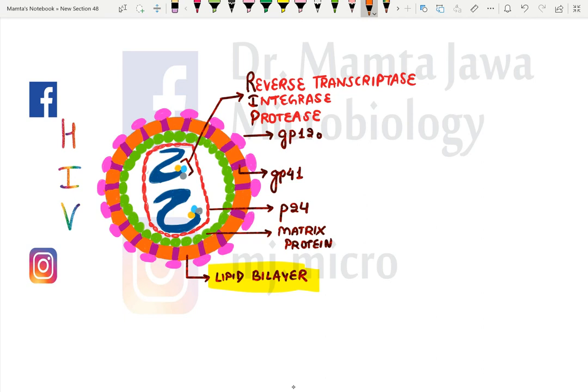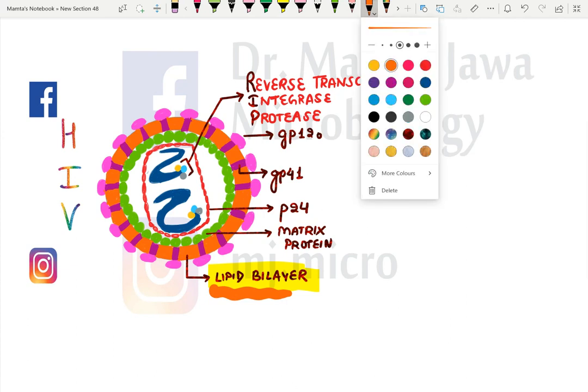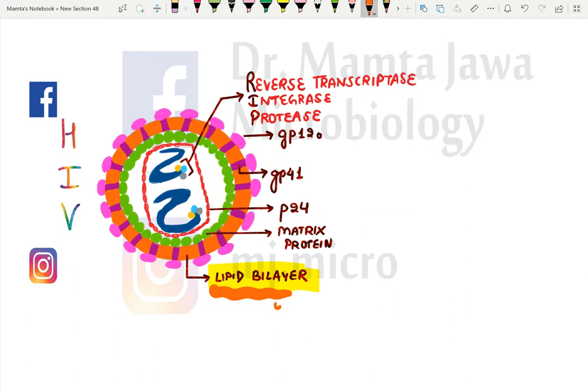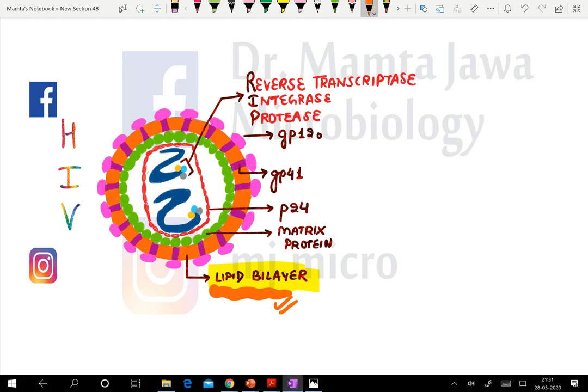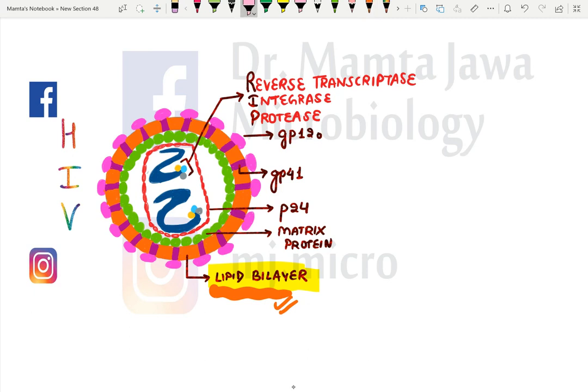Remember, as a basic rule in virology, all the enveloped viruses have got an envelope made up of lipid bilayer which the virus steals from the infected cell, right? And thereafter, the virus makes the lipid bilayer its own envelope by decorating it with certain proteins. For instance, in case of HIV, these proteins are GP120 and GP41. GP stands for glycoprotein, and 120 and 41 refer to the molecular weight of these proteins.